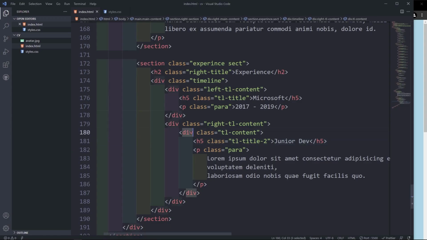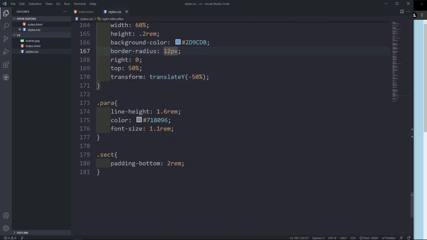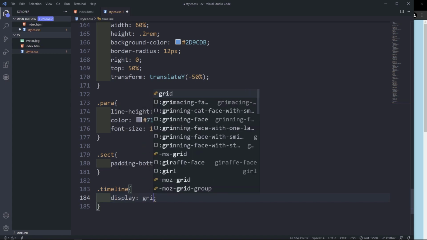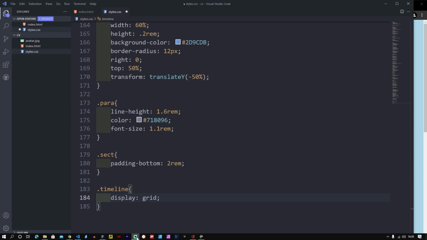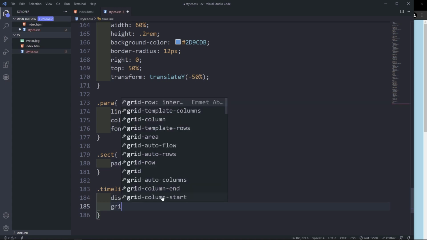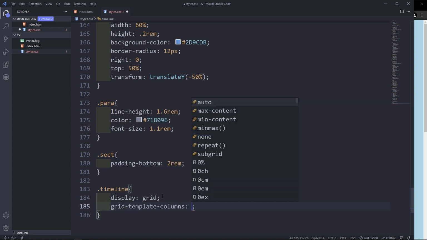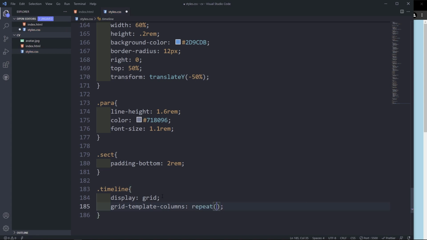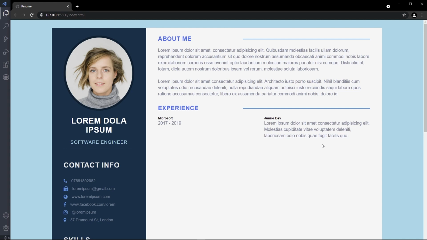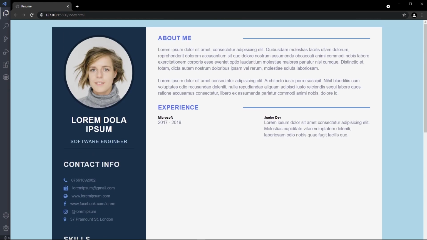So now what we're going to do is we have left content and right content. I'm going to select the timeline. I'm going to do a display of grid. Let me check the time. Display of grid, timeline, right? Display grid, and then we're going to do grid template columns, we're going to do repeat. We want to have 2 columns, 2 1FR. Okay, so now we have our grid,